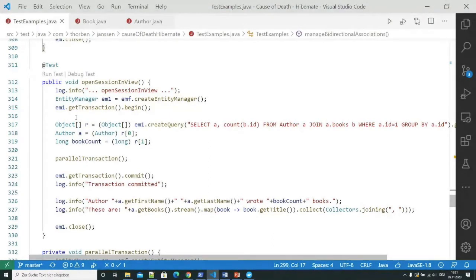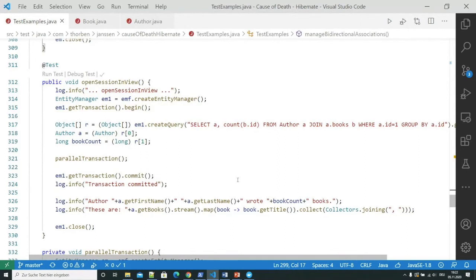yeah, Aaron, you're right. It's Spring Boot which activates open session in view by default. And that's actually a really bad thing. Because for two reasons, as you will see when we take a look at the log output here, you can cause inconsistencies by doing this because you're losing the checks and guarantees of your actual transaction.